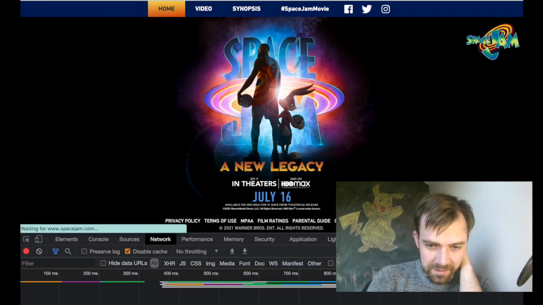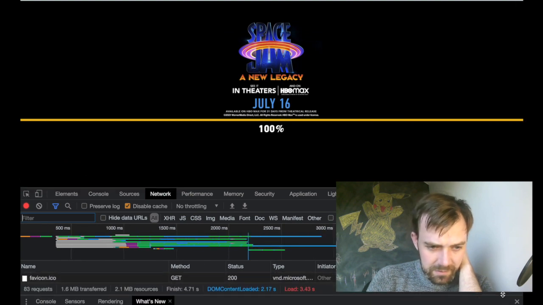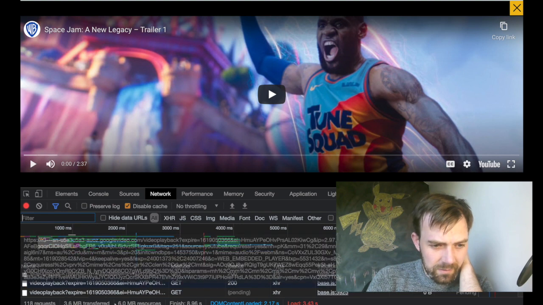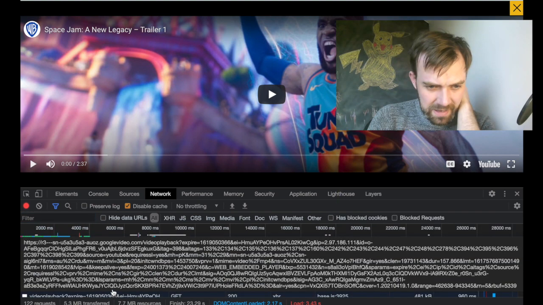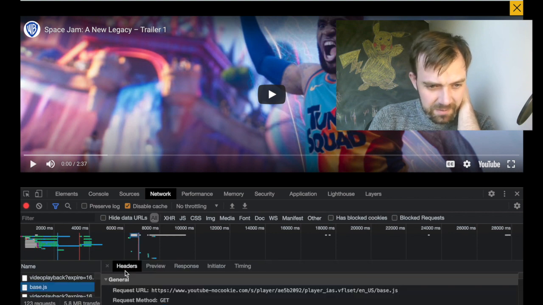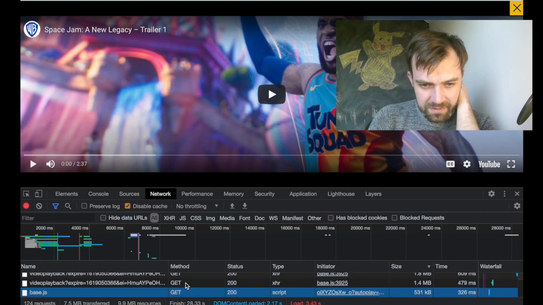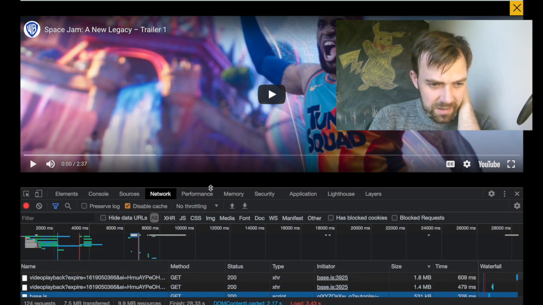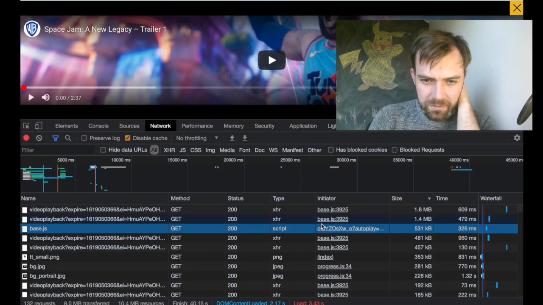How does this do in terms of its performance? 1.6, 2.3, 5577 megabytes. Base JavaScript 500 kilobytes. Oh man, that's a lot. Video playback 1.8 megabytes. Video 1.4 megabytes.